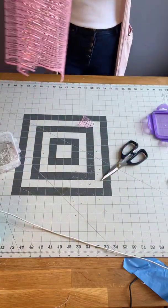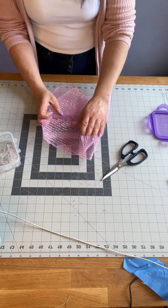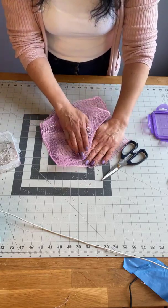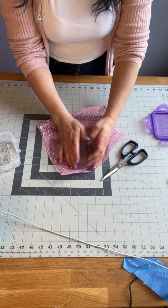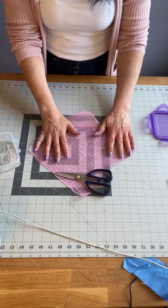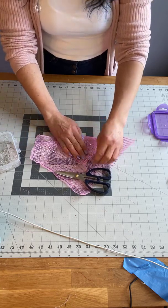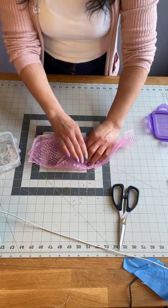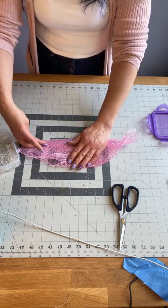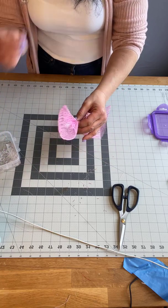Just something a little different, just something, again, texture, volume, and all of that fun stuff, okay? And I wanted to find a way to have only one petal, and this is why we're using 2 pieces of deco mesh, okay? So, triangle shape in front of you, find your center, you go about 2 inches over, you wrap the other 2 inches over, find your 7-inch, and I'm going to scrunch, okay,